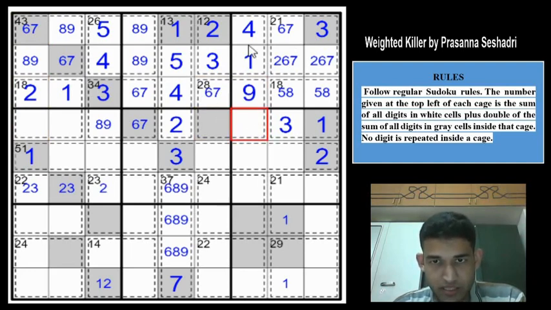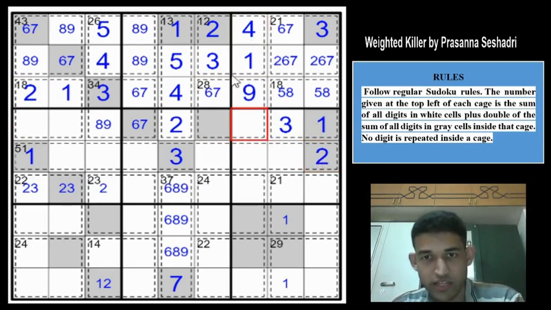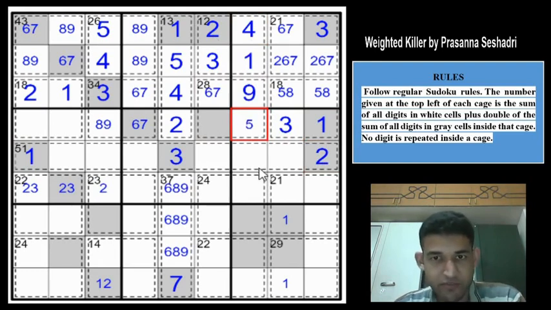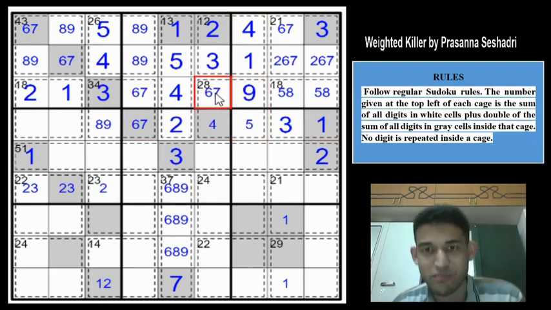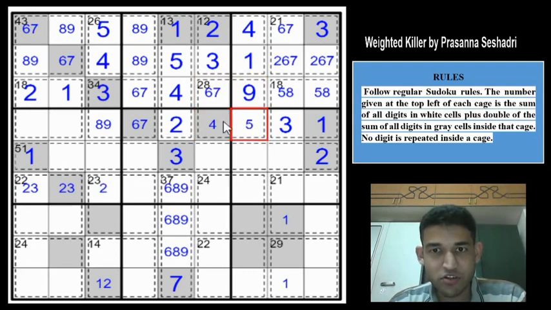So what is the minimum possible value in this cell? 1, 2, 3 is not possible, so 4. But 4 is also there, so this is going to be minimum 5. And what is the minimum possible value here? 1, 2 and 3, so this is minimum 4, which means this will be minimum 8. 8 plus 5, 13. 13 plus 9 is 22, and plus 6 is 28. Beautiful, beautiful. So I have substituted the minimum possible values in these cages, and you are able to satisfy the total, which means that is the only possible option left to us.